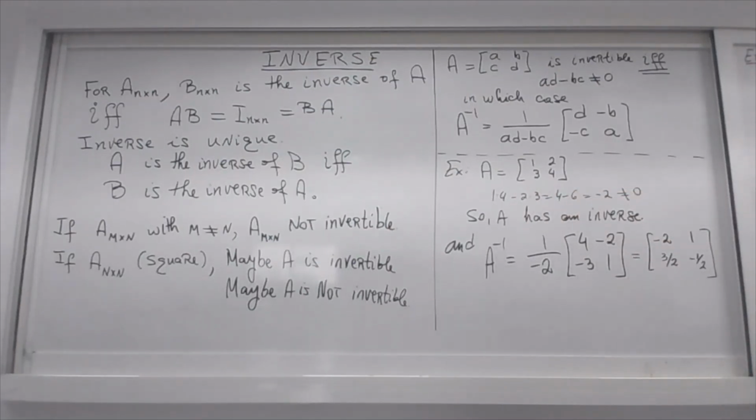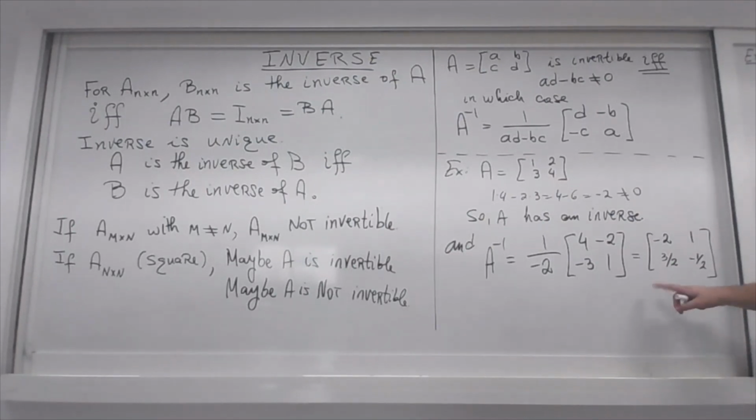How can I verify? Easy. I just do the product. A times this matrix, so this matrix times this matrix. If the result is identity 2 by 2, yes sir, we have the inverse. So normally you're supposed to do that in life to make sure. You're not going to waste any time on that, but you can do that if you wish to make sure